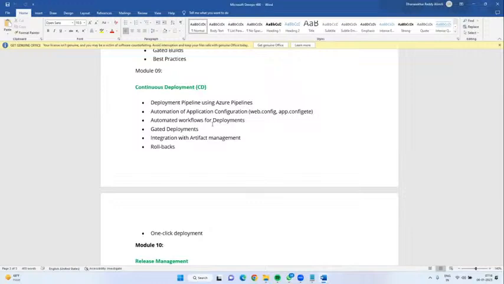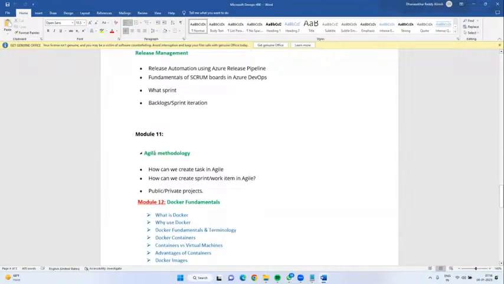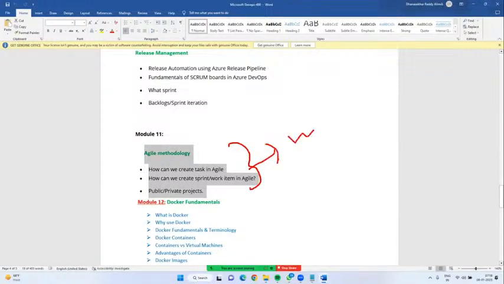How to trigger an approval email, all that we will see in continuous deployment. This we will call the release pipeline. Next, I will also cover the Agile methodology, which is totally managed by the Scrum Master. How to do that is really helpful for you.